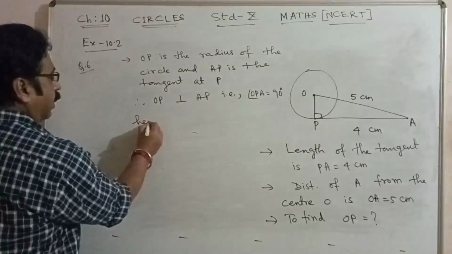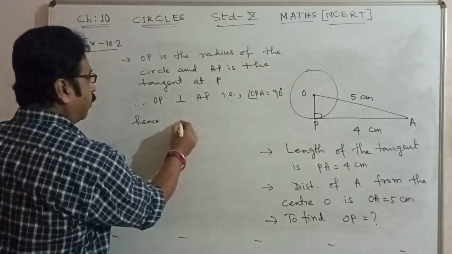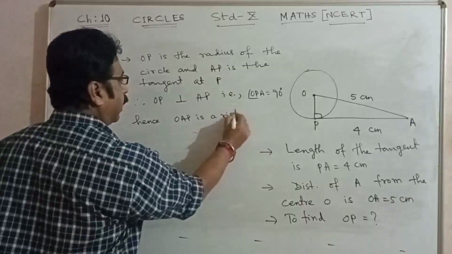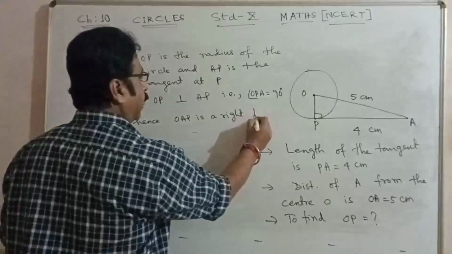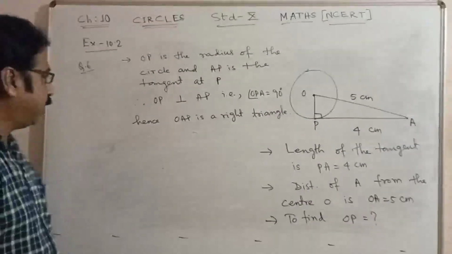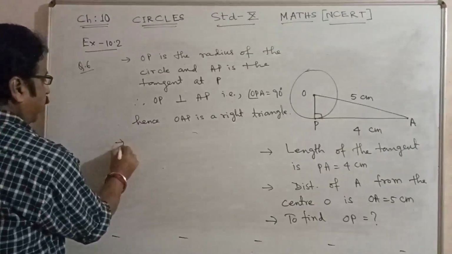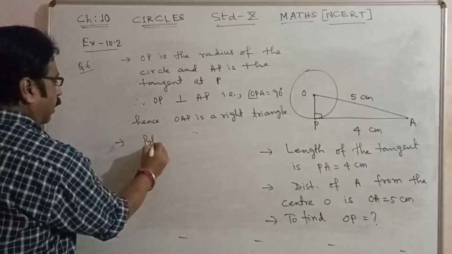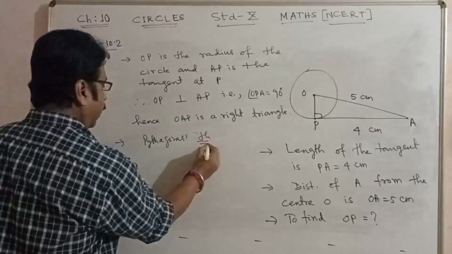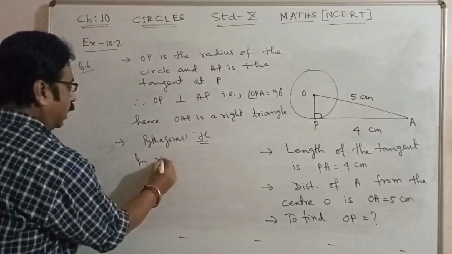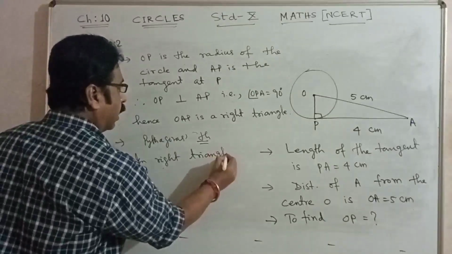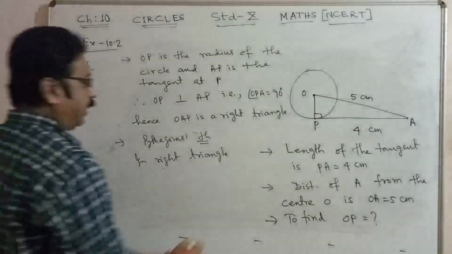Hence OAP is a right triangle. Now in a right triangle we can use Pythagoras theorem. In right triangle OAP,